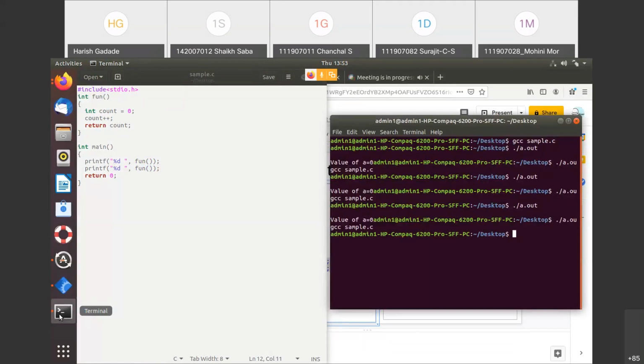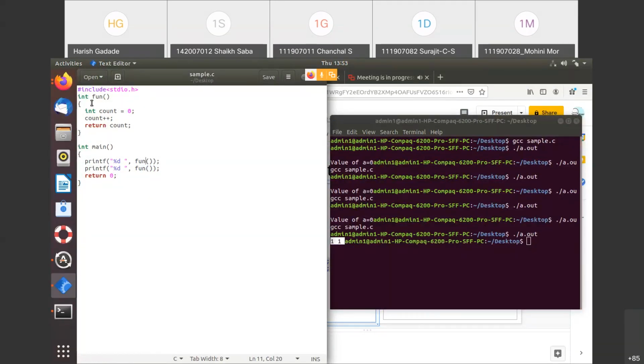It is working. You can see here that the output is 1 1. Getting this? Because here for the first time it will initialize to 0, increment it by 1, and the return value will be 1. Here it will return that value 1, and here it will print that value 1.